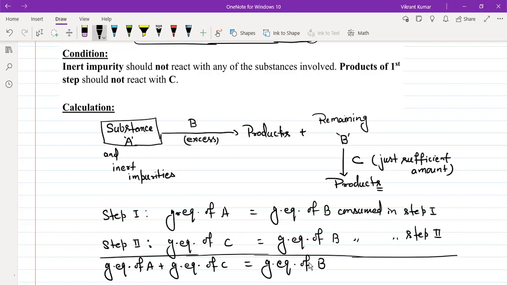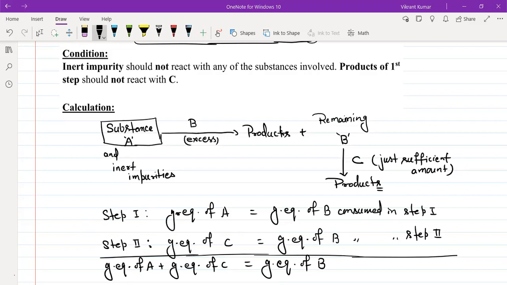बस हो गई कहानी, इतनी है। अभी जो डिटेल दिया हुआ है वो लिख दो: मोलरिटी इनटू वॉल्यूम इन लीटर इनटू एन फैक्टर गिव्स यू ग्राम इक्विवेलेंट्स, या नॉर्मेलिटी इनटू वॉल्यूम इन लीटर गिव्स यू ग्राम इक्विवेलेंट्स। इतनी कहानी है। इज इट ओके? क्लियर है पॉइंट? आई विल गिव यू वन क्वेश्चन। इनफैक्ट एक क्वेश्चन मैंने तुमको करवाया था बहुत पहले बिना बताए हुए इसका।